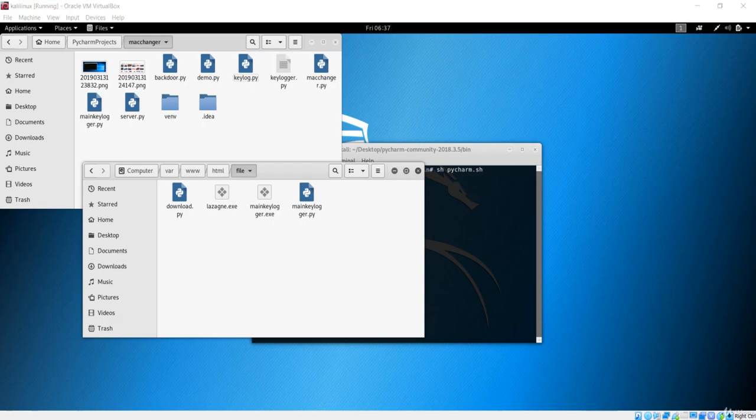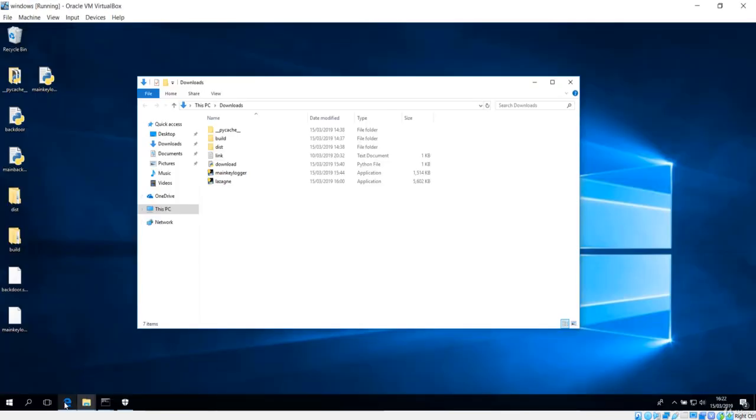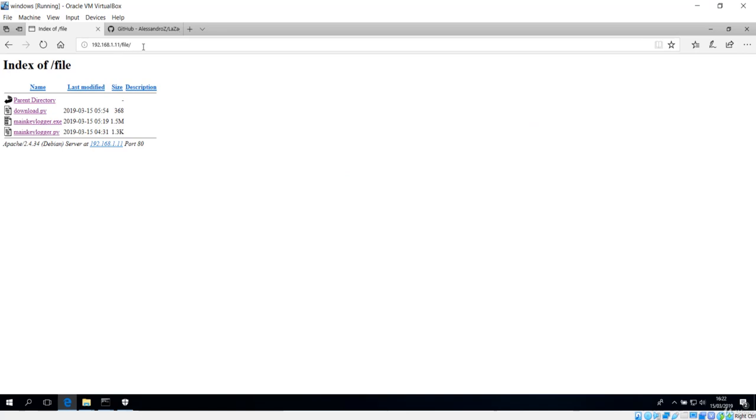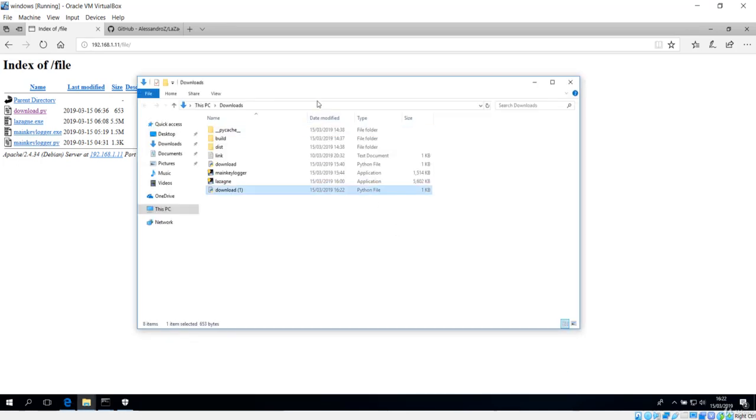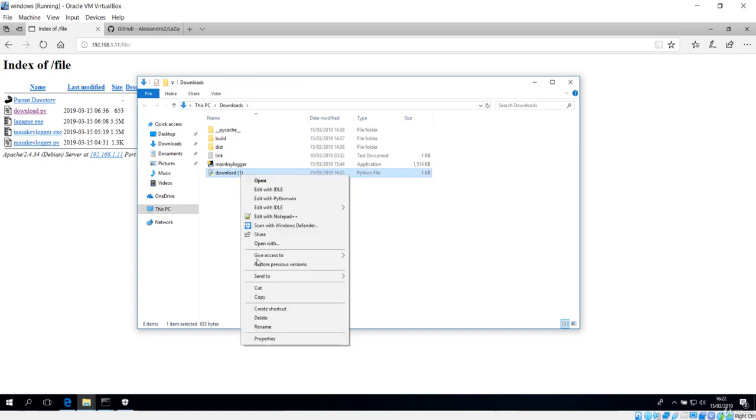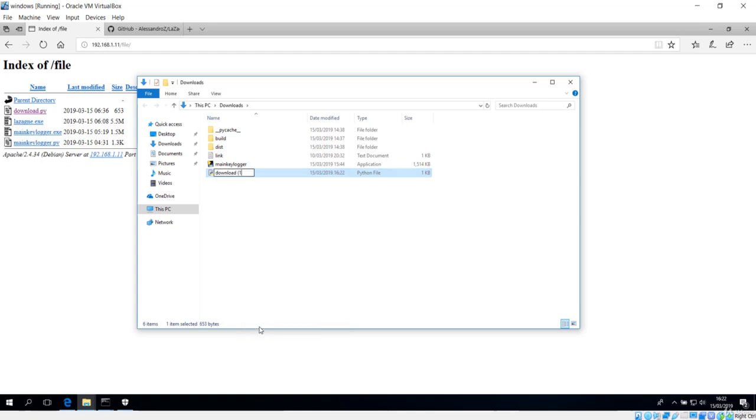Now let's go back to our client, and here I'll just navigate to the file. Make sure that the web server is up and running. Let's go to this download.py file. Let's save this first, and let me open the folder too, and run this download one more time. Let me remove this download first. Let me also remove this Lasan because we are going to download this from the server. Let's see if we can rename this, and now I'm going to run it here.